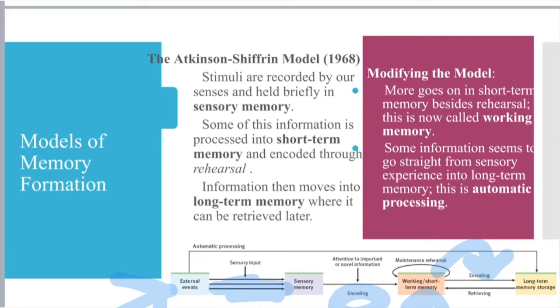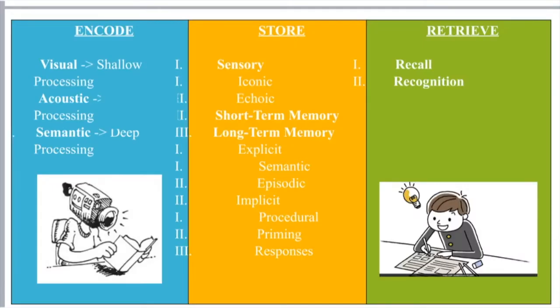Now you will also hear short-term memory referred to as working memory. They're both the same thing, but short-term memory is more than just rehearsals. You can have short-term memory of not just reading a short list or memorizing a phone number, it can be more experiential. So they switched from the term short-term memory to working memory. Like I said, I'm just trying to keep us consistent with how we're going through this information. We did our encoding. Now we're going to be looking at storage.